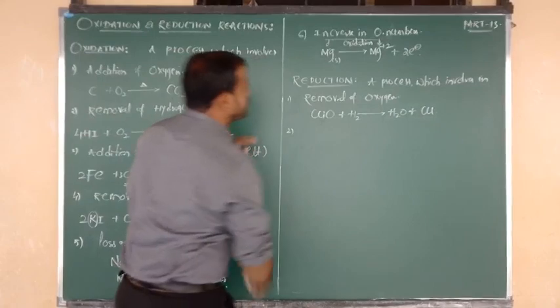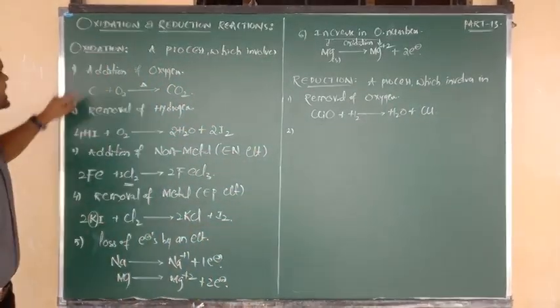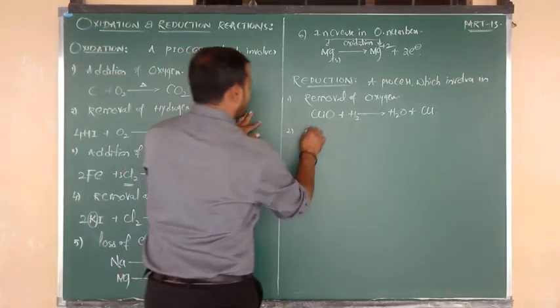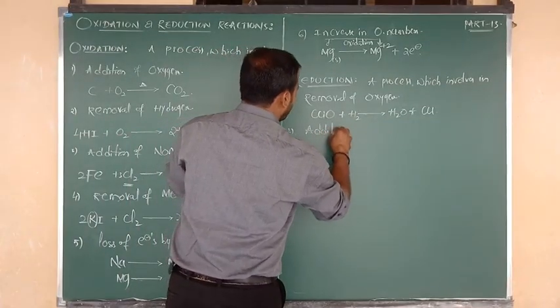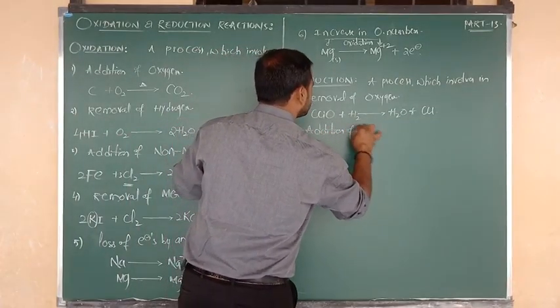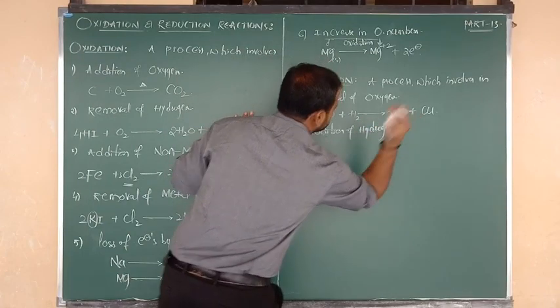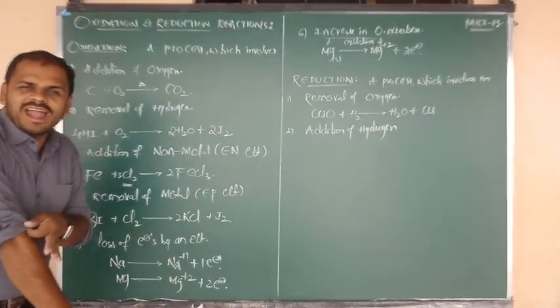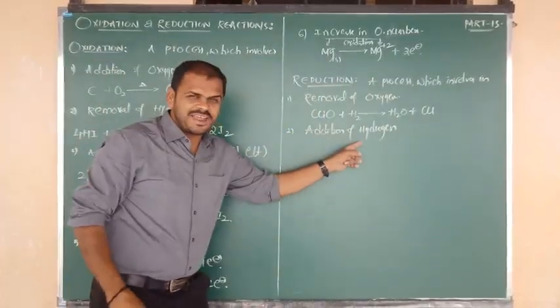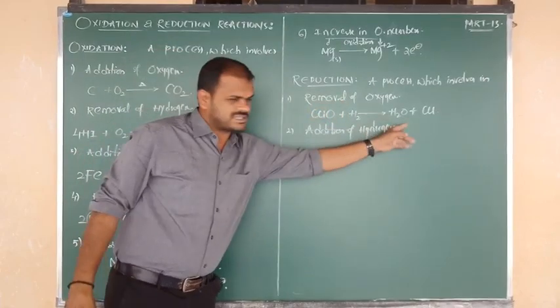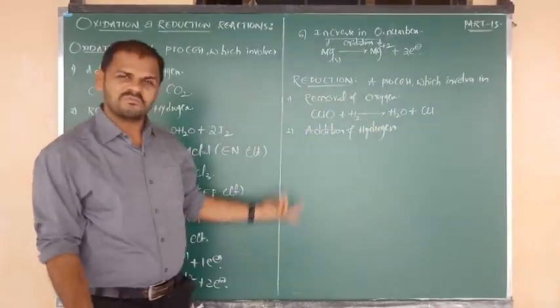I am going to tell you the second definition. What is the second definition for oxidation? Removal of hydrogen. Here it is the opposite. Simply we can say addition of hydrogen. Addition of what, beta? Hydrogen. Okay, fine. For how to add the hydrogen, I have given the information in every reaction. Removal of oxygen and addition of hydrogen, both are clear.